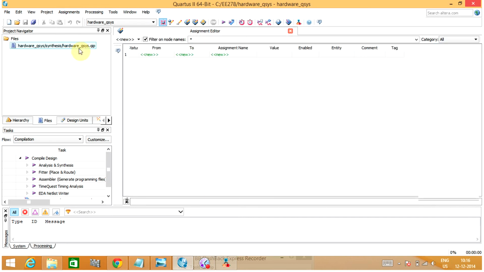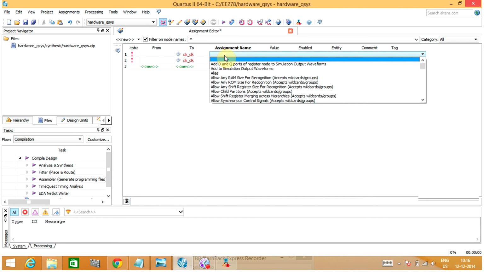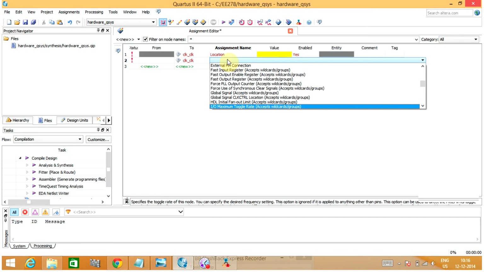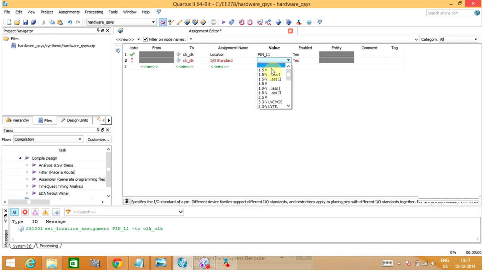Now the only input that is going to the FPGA is clock. So we need to assign the clock pin over here. 3.3.